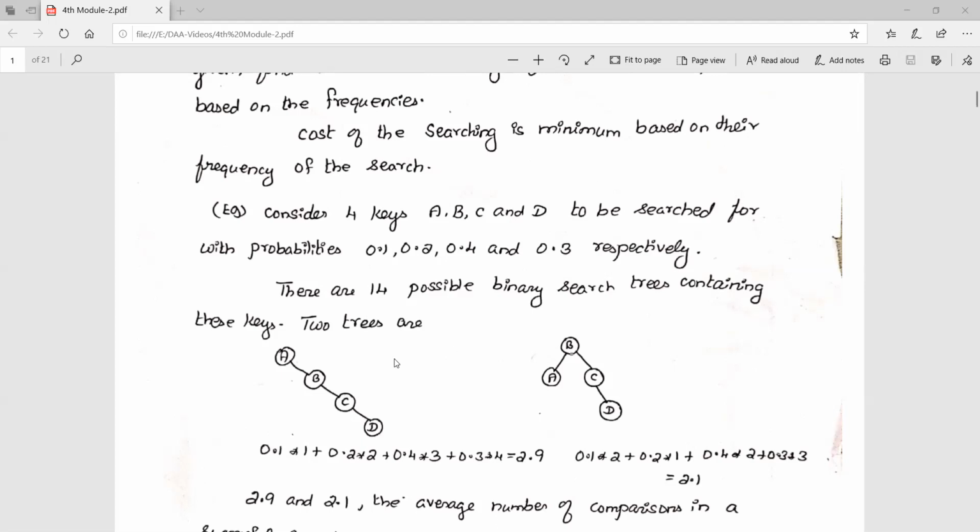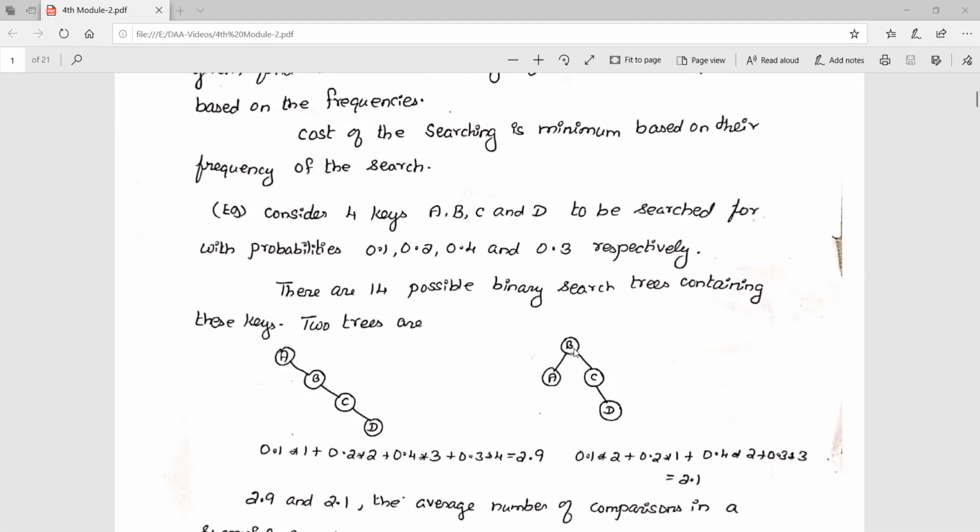For example, here we are having four nodes, and in this way also we can construct the tree. A is first, next B, next C, next D. This is the alphabetical order. A is the first value, so B, C, D all come after this A, and that will be on the right hand side. This is one more way we can construct the binary tree.